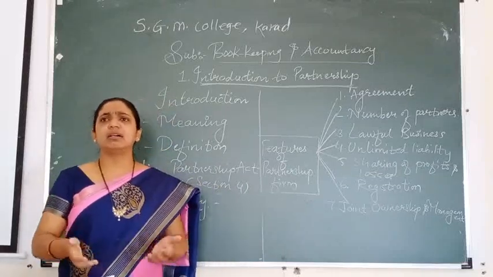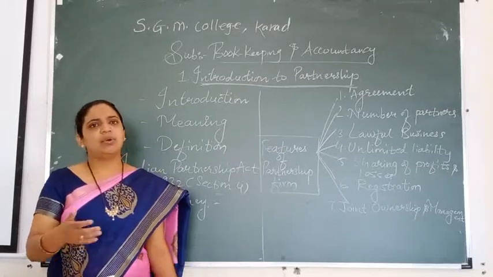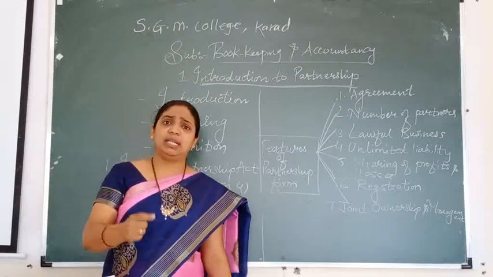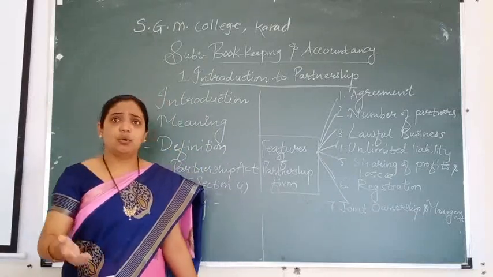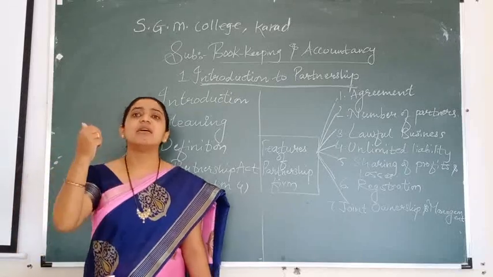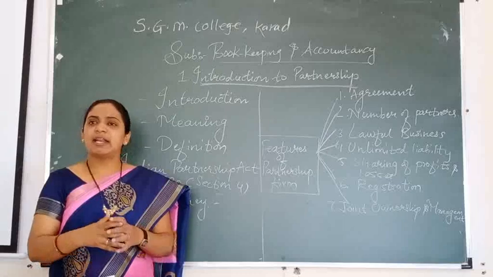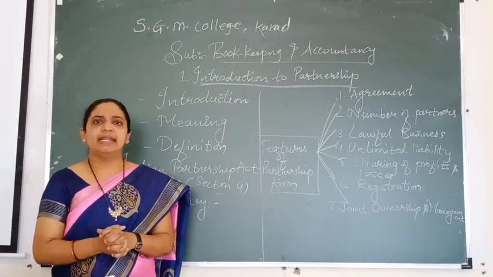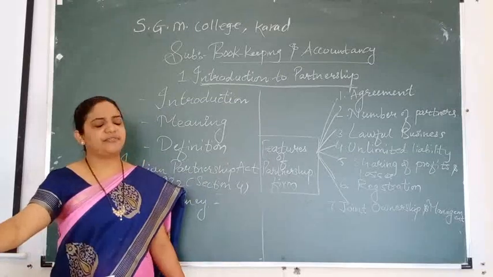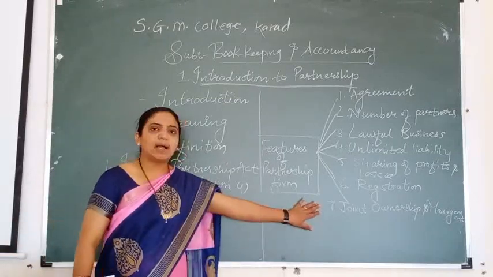Each and every partner takes up the work and wants to complete it. As I said, they started the partnership to earn a profit. When you want to earn a profit, you have to show efficiency and bear risk for that. So ownership is joint, management is done jointly, and each partner has equal rights to run the business effectively and efficiently. That was point number 7.